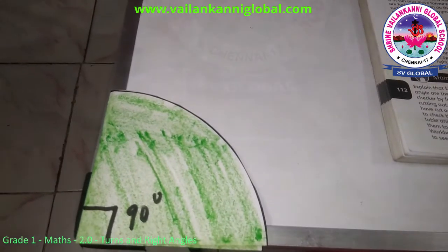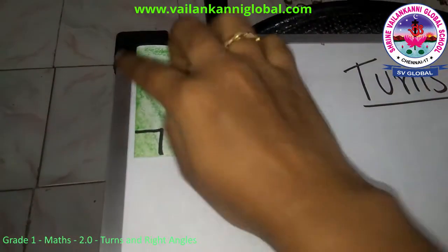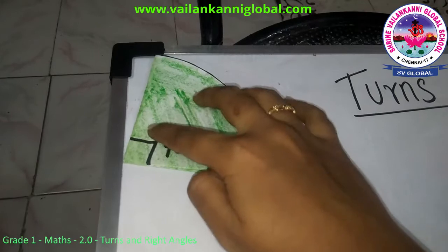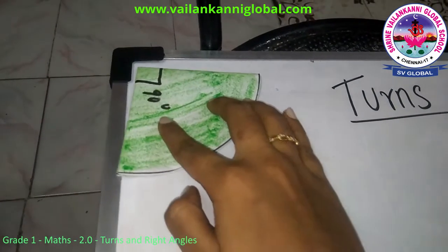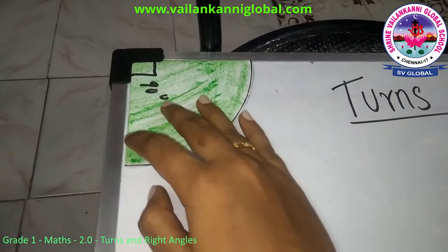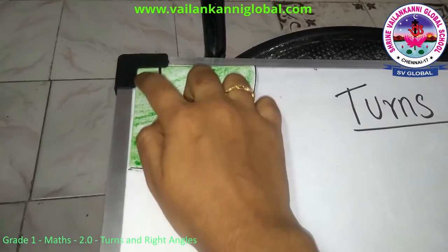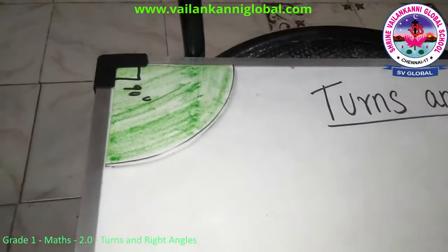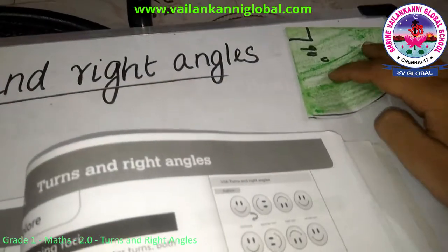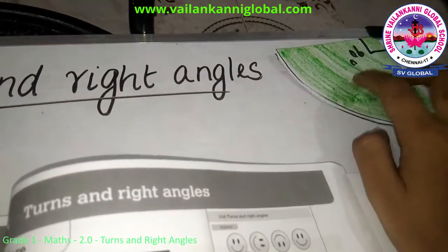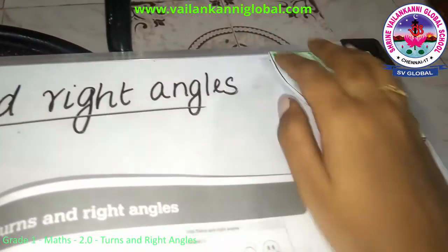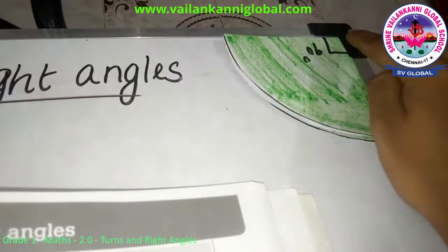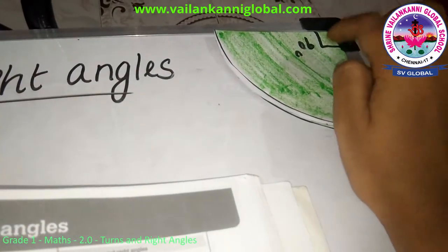Not only like this. So how do I keep it here? It's this way. I'm just going to tilt my right angle checker and I'm now placing the checker over here. So now the angle is over here. Not only this, I'm also going to keep it in this corner. Now I can't keep it this way. I have to again turn my checker. So it's like this. So here the angle is formed. So right angle is formed over here.